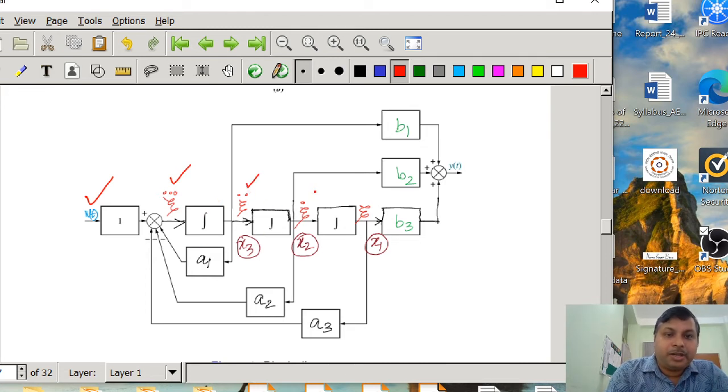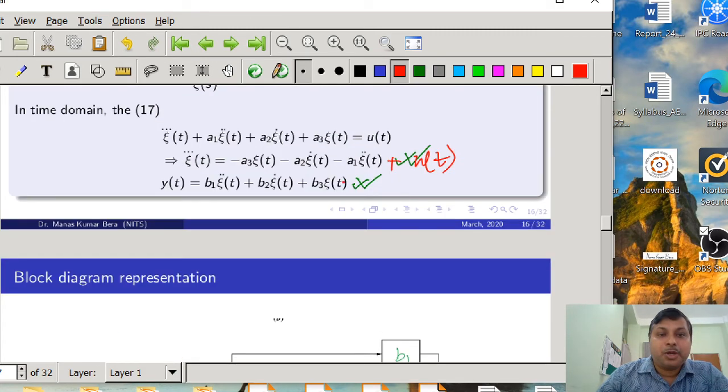Then again you integrate it, you will get zeta dot. And again if you integrate, these are the integrations. So again if you integrate, then you will get zeta. And then with the zeta double dot, if we multiply a1 and add it with minus a2 zeta dot minus a3 zeta, we can construct zeta double dot. And once we have the zeta dot and zeta double dot, easily we can implement the output equation also,